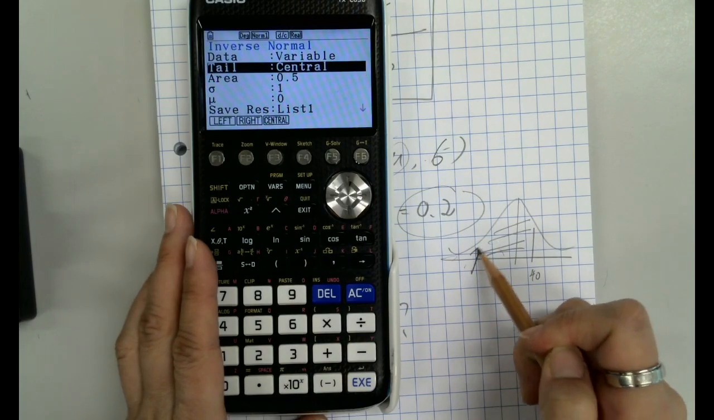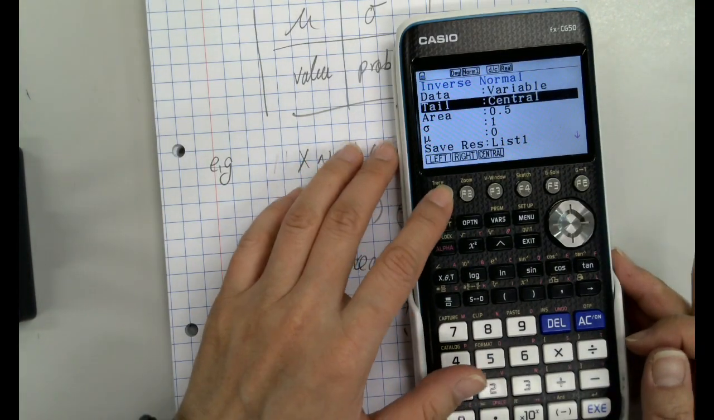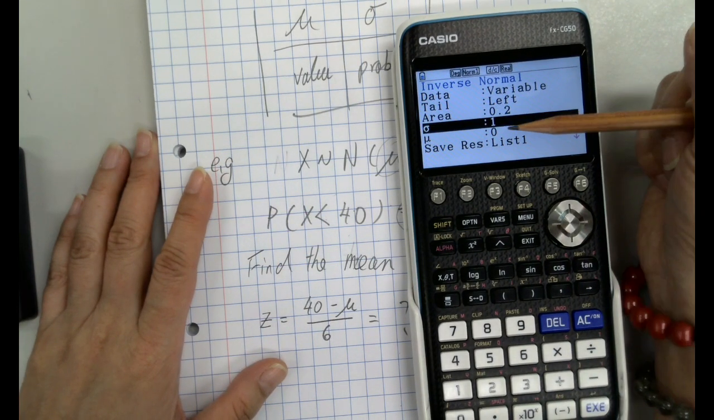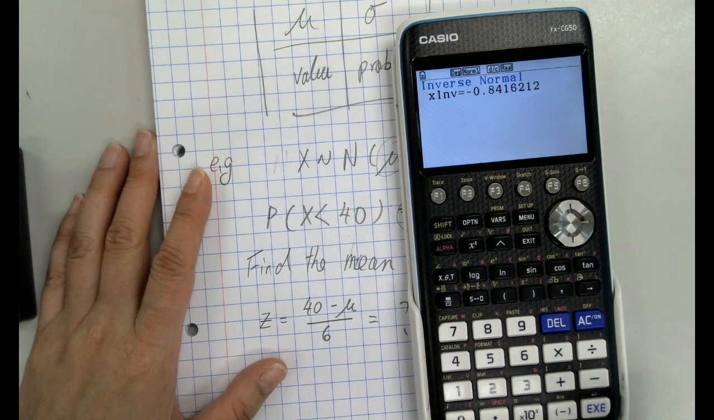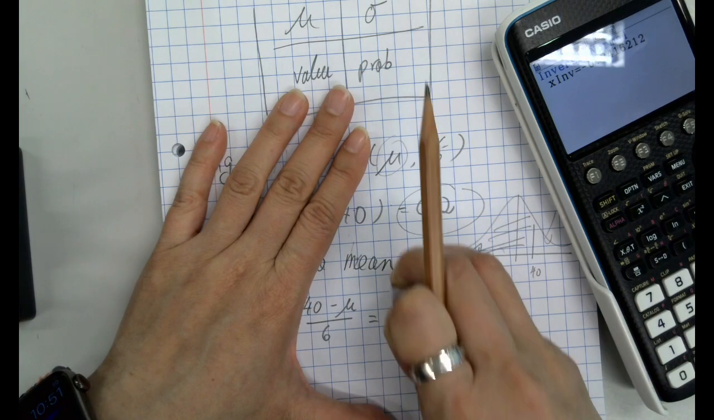Therefore, we are doing the left. Bigger than should be the right. So this is left here. And the area, which is our probability, is 0.2. Since we do not have the mean or standard deviation, we put the standard deviation as 1 and the mean as 0. Then this is your Z score,